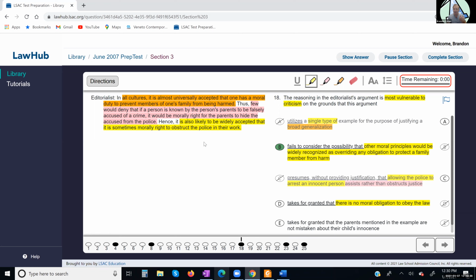And they're saying here, it's only sometimes okay to obstruct the law. If you want to say that's like not obeying, then there's sometimes a moral obligation to obey would not be in conflict with saying sometimes there's not. So that's the problem with D. When you negate it, the degree ends up not hitting on the degree of the conclusion. So that's why D would be wrong.